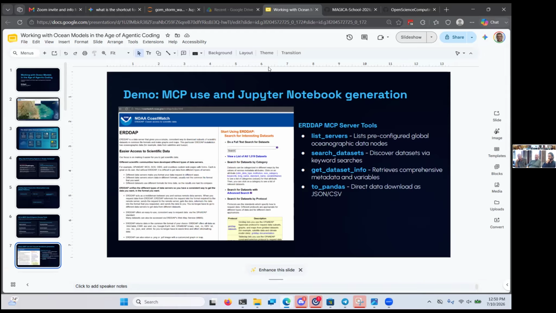But the one thing I haven't done, which maybe you've done, is try setting up a complete model run. Like say, I want to use ROMs to model the flow in the Gulf of Maine, find the best boundary for me, find the boundary condition and set it up and do it. Yeah, I mean, I have,